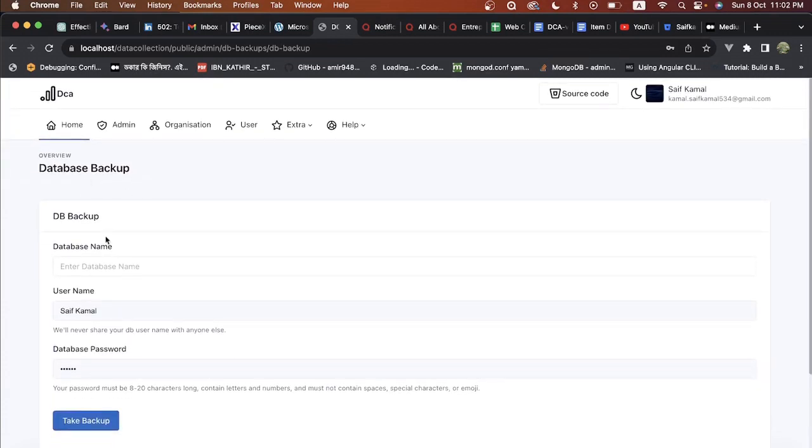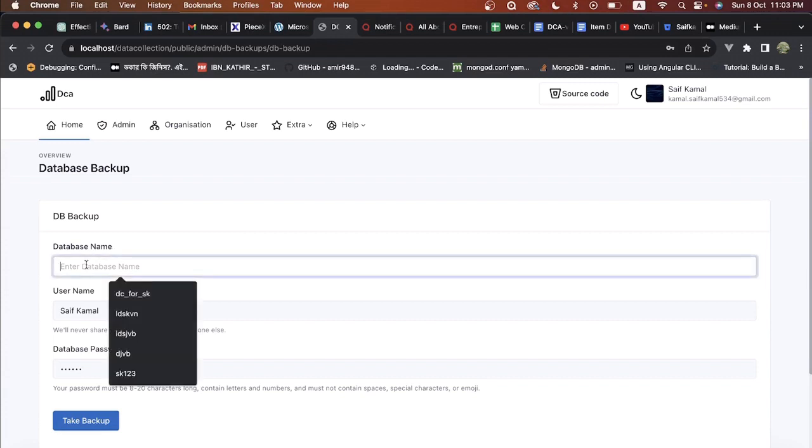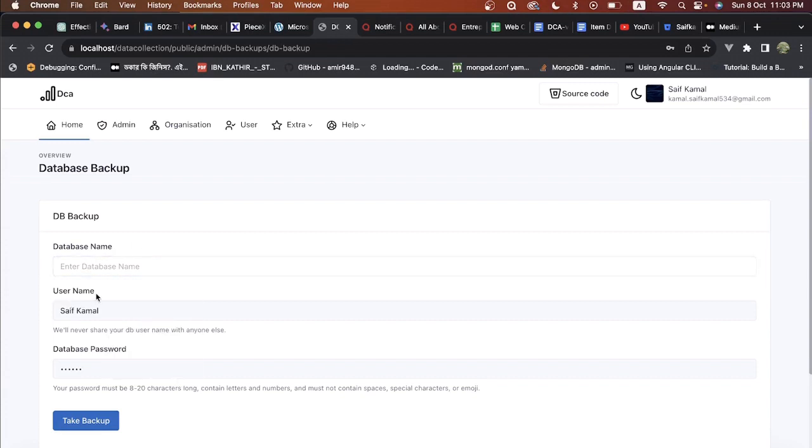In order to do the database backup, what you have to do here is there is a form, and there are three fields here: database name, username, and database password. These are basically the credentials for keeping the database backup. So database name is your database name, the username is the database username, and the password is the database password. Once you enter the credentials and click take backup, this will store a clone of your database data